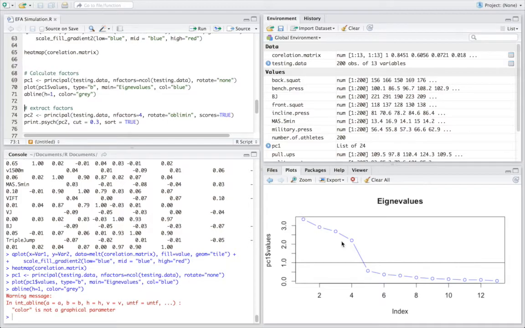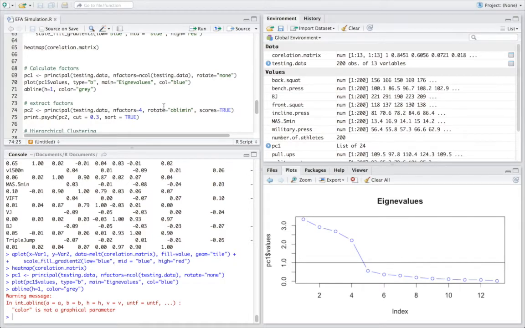This graph is usually used to explain how many factors we need to extract from our data, and usually there's a break, some form of a break, that tells us the right number. In this case, that's 4. There are different ways to make sense of it. One thing is you might take all those numbers that are above 1, and what 1 means is that this factor explains the same thing as one variable. So using 5 factors is not more meaningful than using one variable. It doesn't explain much variance in our data, or actually it explains less than one single variable. So we're going to use 4,